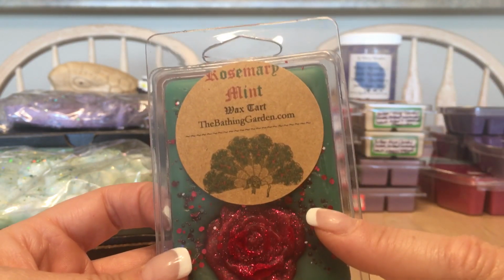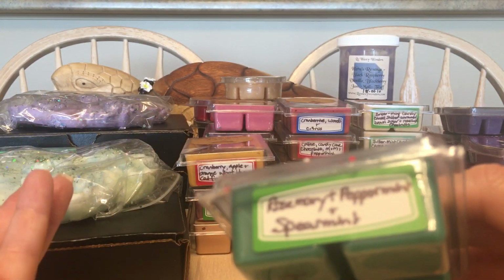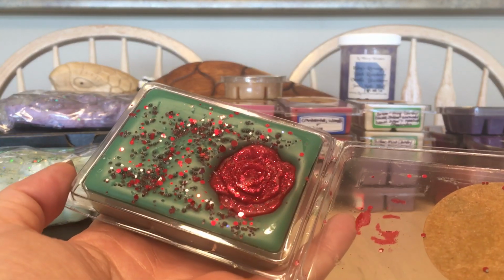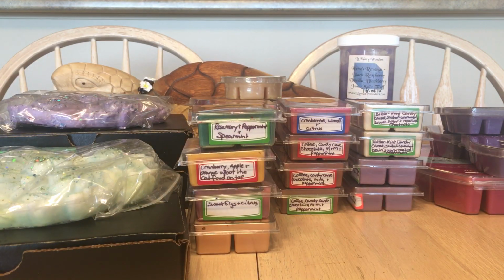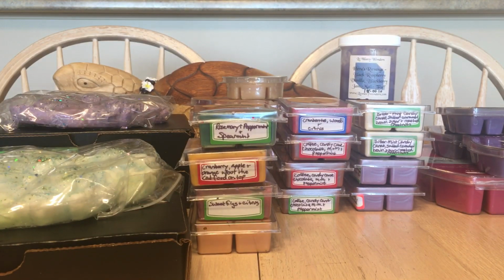Rosemary Mint, a great combination by most any vendor I've ever tried. Love it. It's truly just rosemary, peppermint, and spearmint. It's very similar to other vendors, but this is one of the ones that you can duplicate from other vendors, but you cannot duplicate the beauty that is her wax. That is for sure. All right, so then there's a fall one, I'm trying to do ones that are...